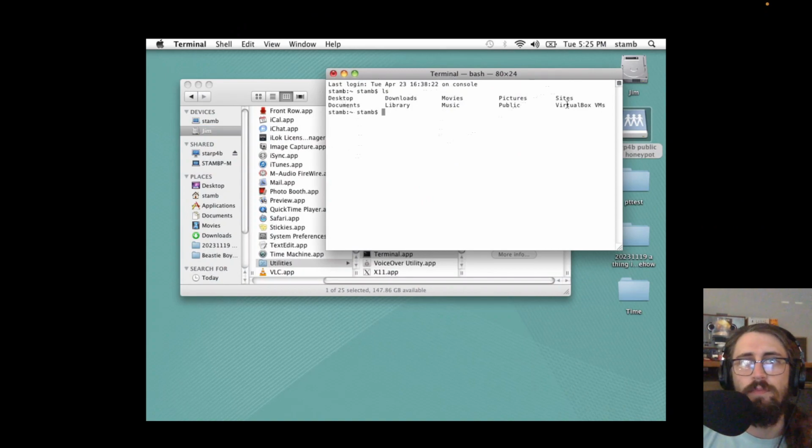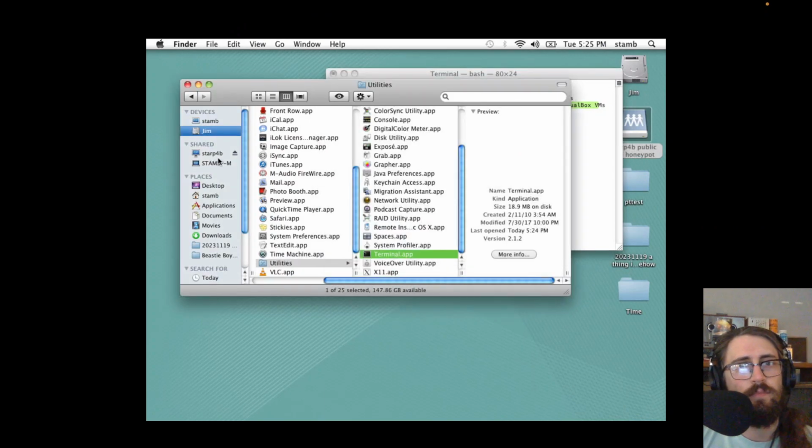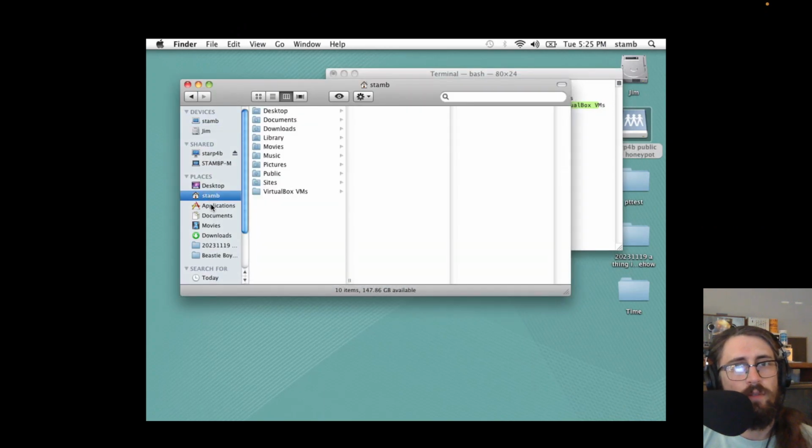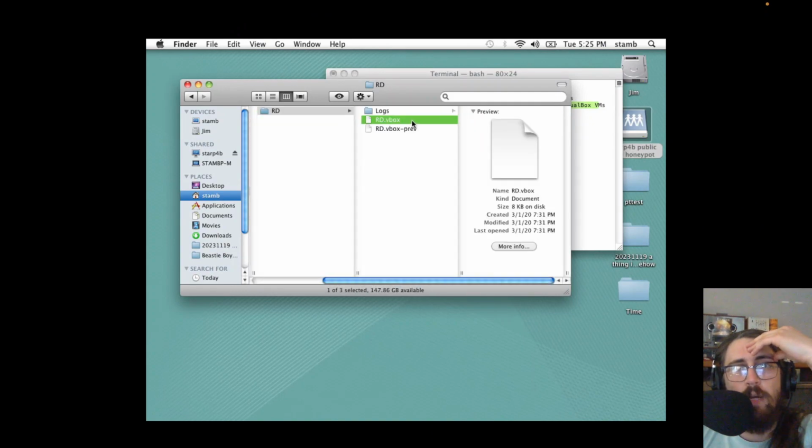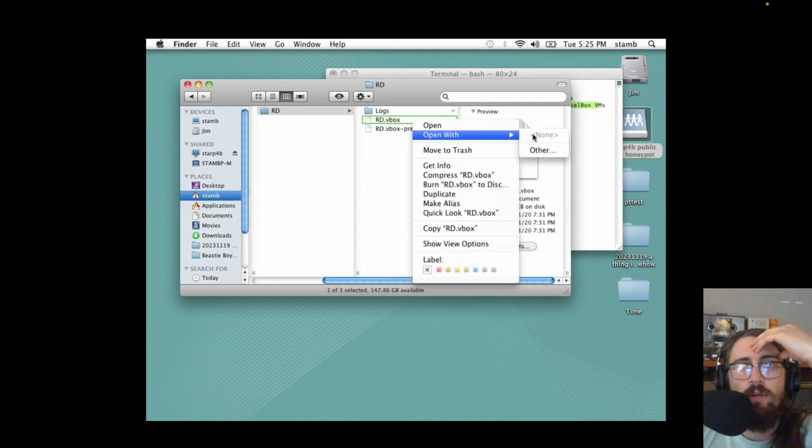And it's apparently had a VirtualBox on here. Let's check that out. Where are things on here? How do I get to stuff that's my... oh, it's right in front of me. Do I have VirtualBox on here?